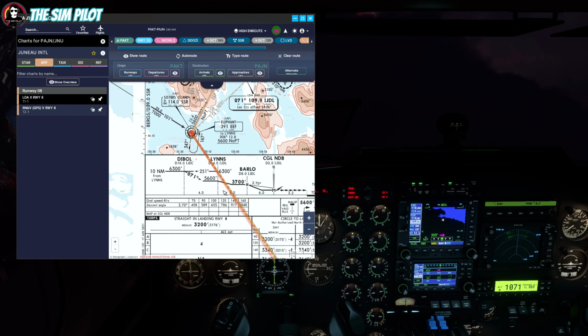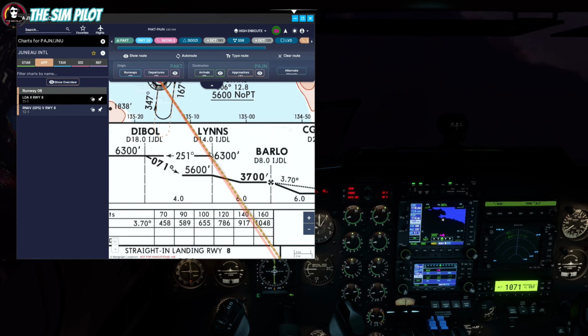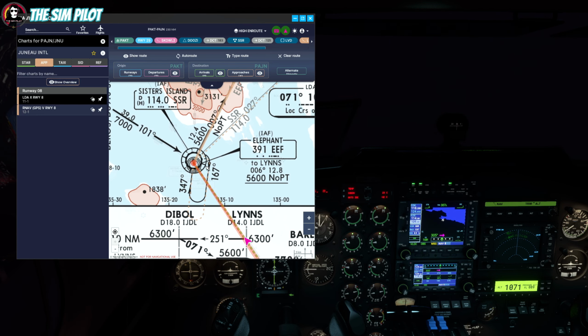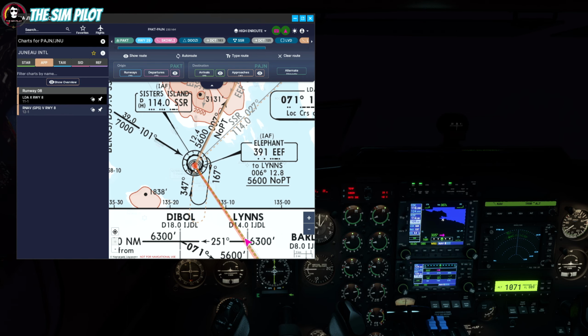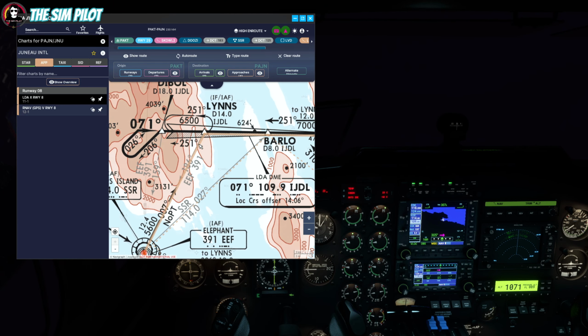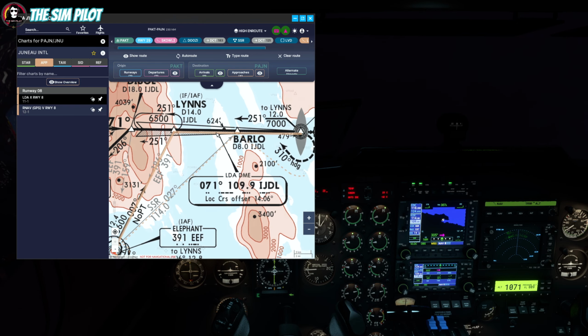We are tracking 305 coming towards here. We don't see our aircraft, but we will if I turn this on right there. We will track inbound 305. When we reach Sister Island, we will start tracking outbound 007 until we reach Linz. When we reach Linz, we'll switch frequencies and go to the localizer, and the aircraft should pick the localizer signal and align with the